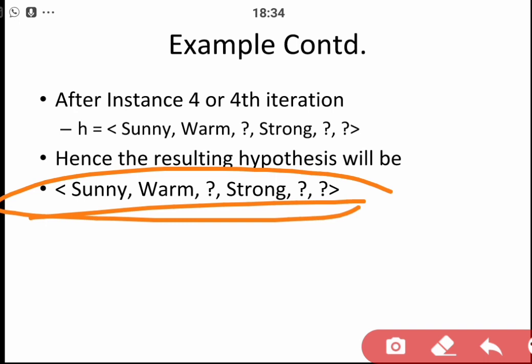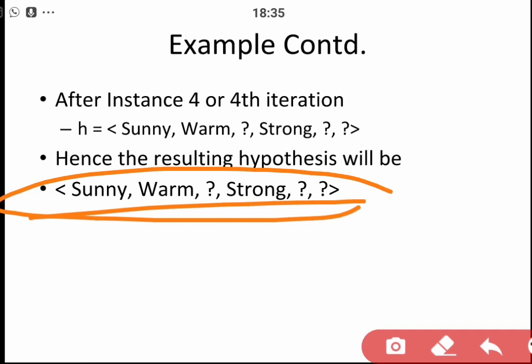That means if you want to tell for any test instance that you have been given values of attributes, you need to tell whether you are going to enjoy the sport or not. So in these three attributes, if you are getting these three fixed values, you will say that you are going to enjoy your sport. Otherwise you will say no. So for this hypothesis, you will get a true value, and for other values you are going to get a false value, a 0 1 function that we were talking about.